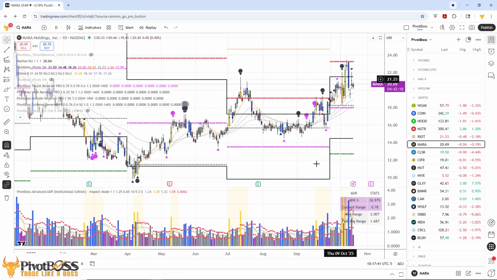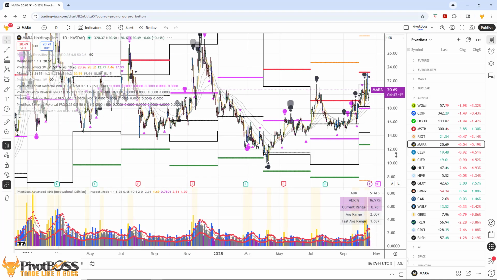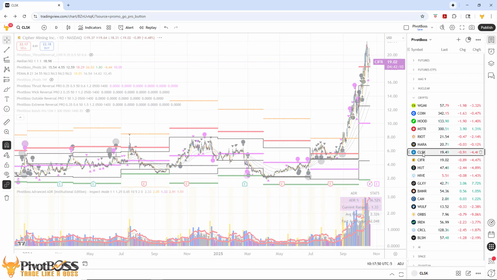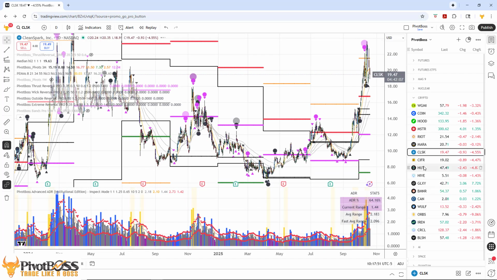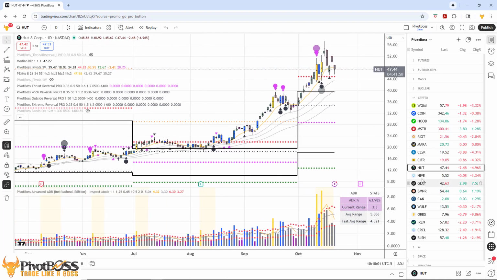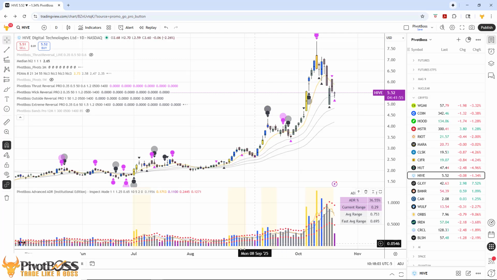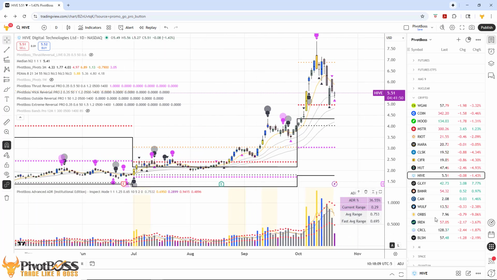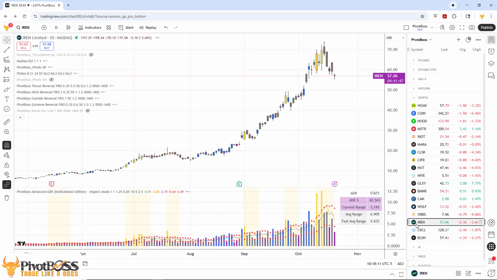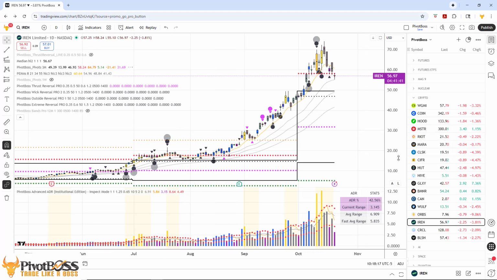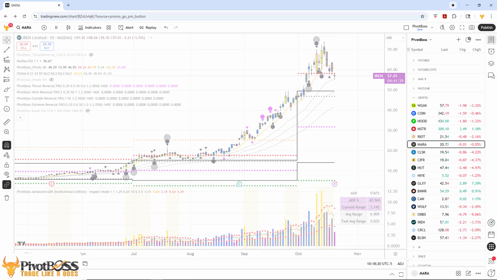You know, decent little move here recently, but hasn't participated compared to the ciphers of the group, the clean sparks of the group. You know what I mean? Even Hut 8 got in on the action in a big way. That thing went from $10 to $50 real fast. Hive, that thing has trouble rallying. This thing has made a move here lately, unlike anything it has seen in a while. So there's definitely been some movement here. IREN was out of control, and I think I saw a question a little bit earlier regarding Marathon, and Marathon